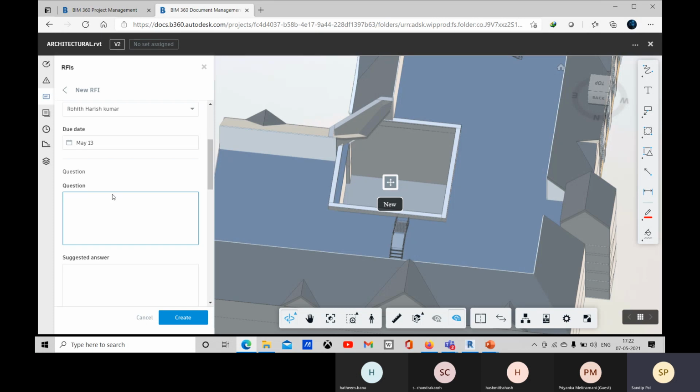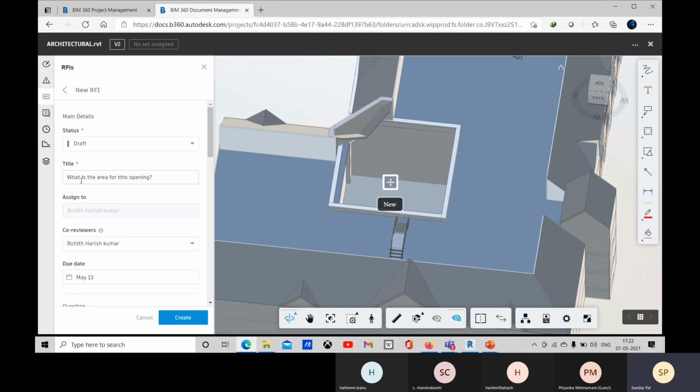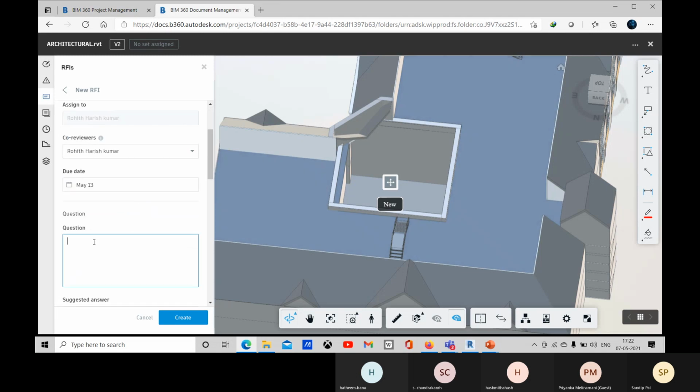And right now, this is the title, so here we will not be asking the question. Here you will be asking the question: what is the length and width of the opening?